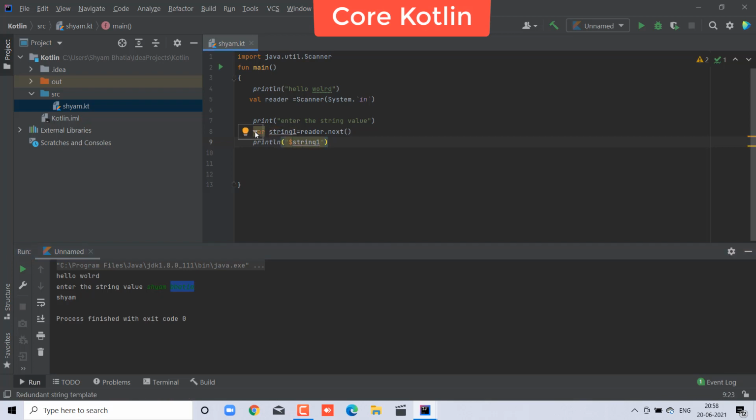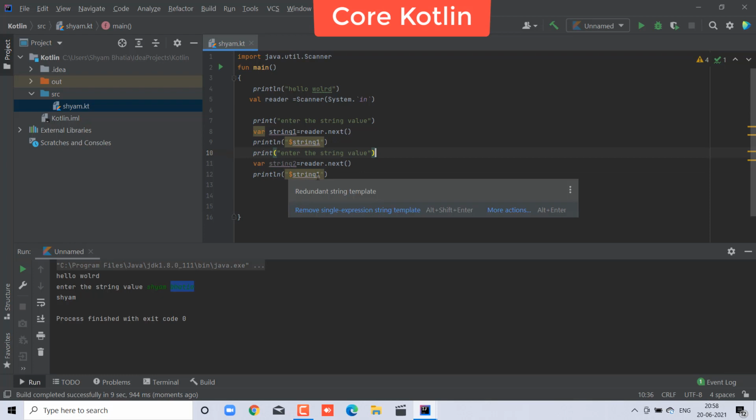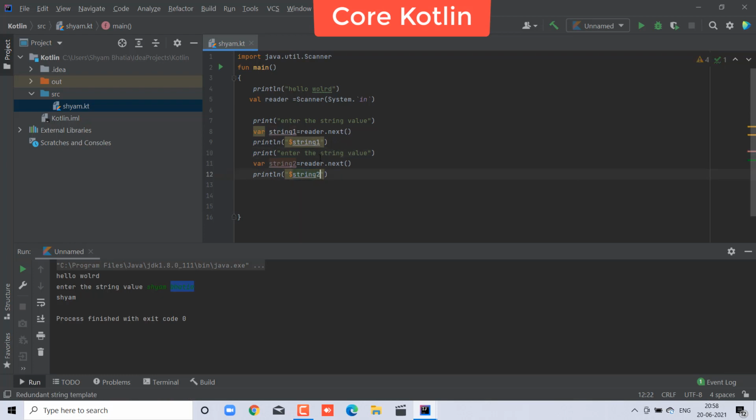So you have to concatenate again. If you take, then just copy and paste again, and here string 2, and here you will enter your surname. Control C, that much I will show here, and here also string 2, and I will enter the string 2 value. So enter the string surname, whatever you want. Control S and take the input, then both values will display.